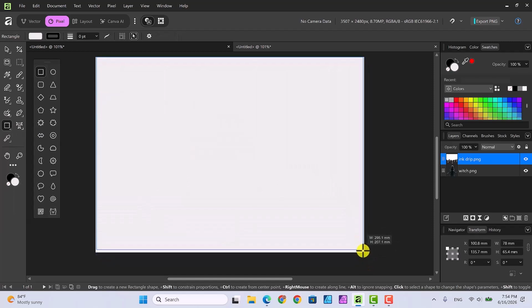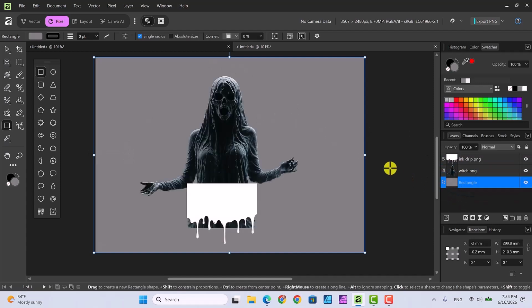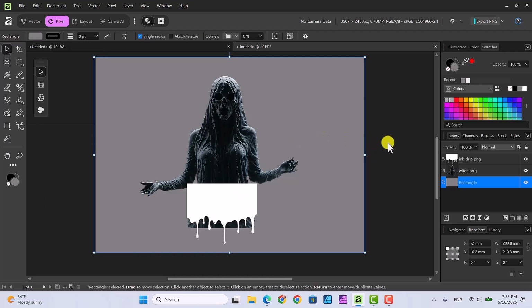background, and I'm going to color it gray because gray is the color I'm going to be using for the actual background. Now I can see that we need to move this out a little bit so it covers everything up. Then we can move our background all the way down to the bottom, and now we have this. So now we have our witch and we have our background, and so now what we need to do